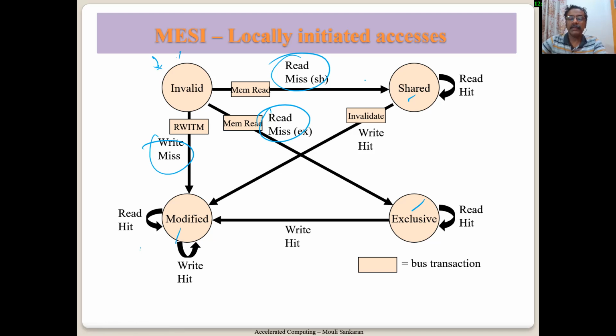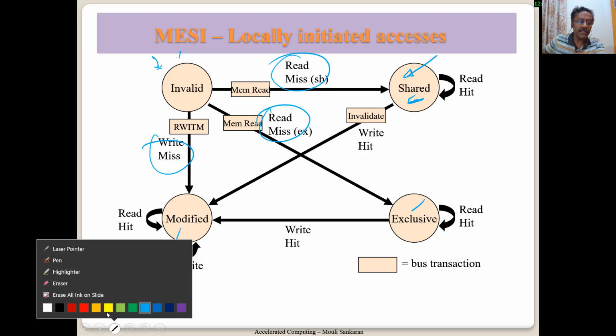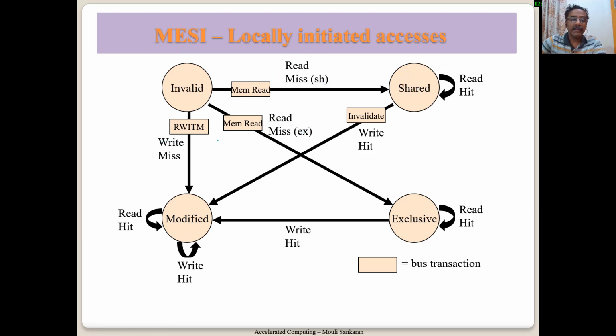Now suppose I take this one. It means it is there in more than one core in a shared state, and this processor is invalid and is asking for a read. Now a memory read signal will be sent and it will go to shared state. It will also join the gang with the other two or more guys. And if it is in shared state and a read hit happens, it will remain the same. Similarly, if it is in invalid state and asks for a read with intent to modify, then